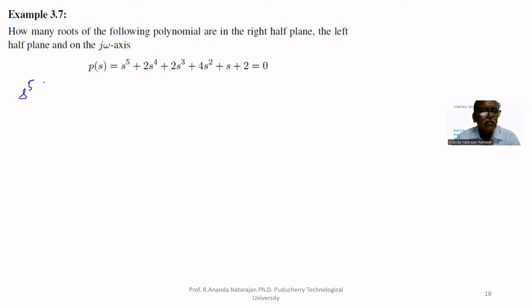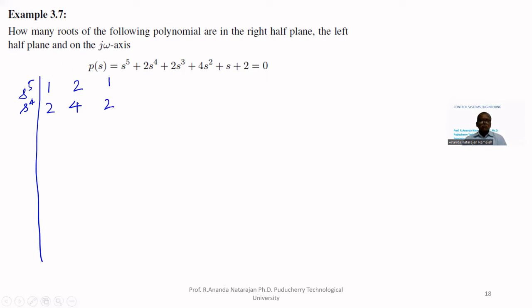S power 5, S power 4, 1, 2, 2, 4, 1, 2. Now let us form